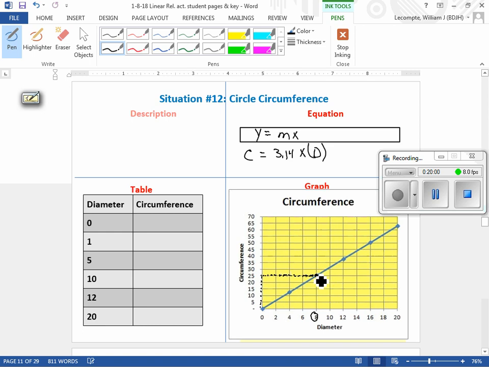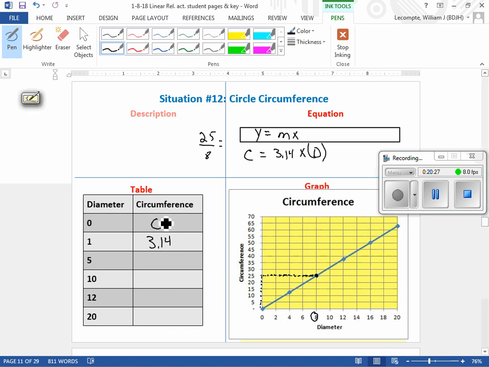Now it shows that we're at 3.125, but when you guys learn this, you're going to actually learn that circumference is 3.14, right? And so at 0, well, obviously we have a 0 there, but at 5 we went up to